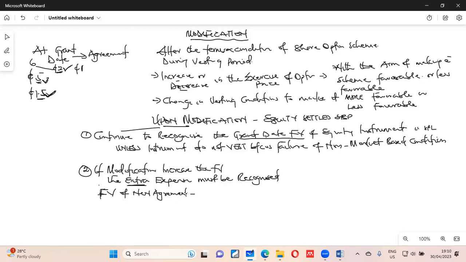Then you will subtract the fair value of the old arrangement or agreement. All right, so that is that. And these fair values are usually the fair value immediately before and after the modification. All right, so it has been modified. The freshest modification, upon the new, the old one is what we are talking about. So this one will give you what we call the incremental fair value.